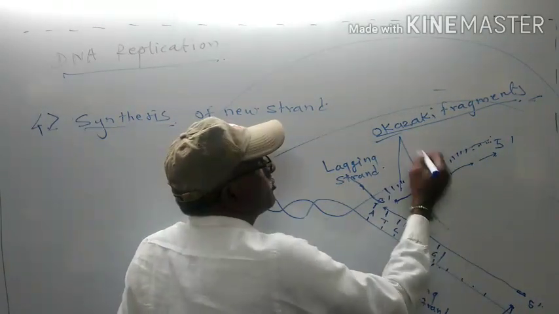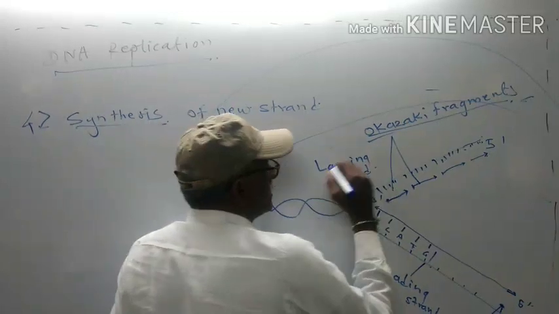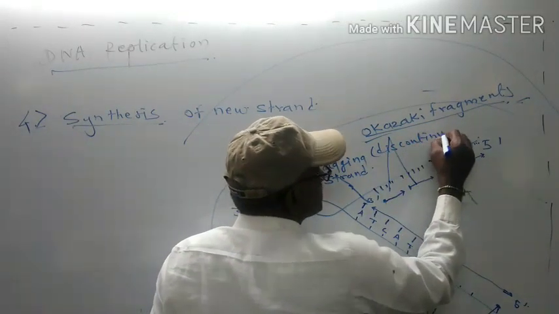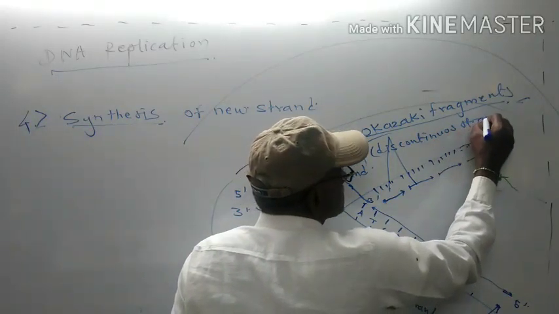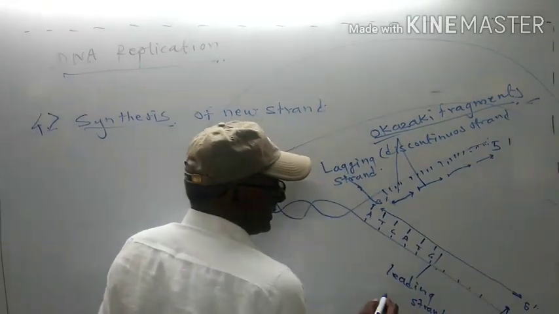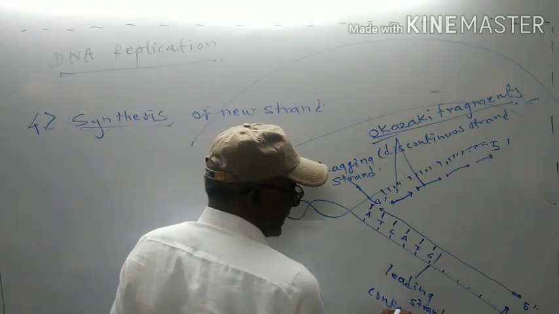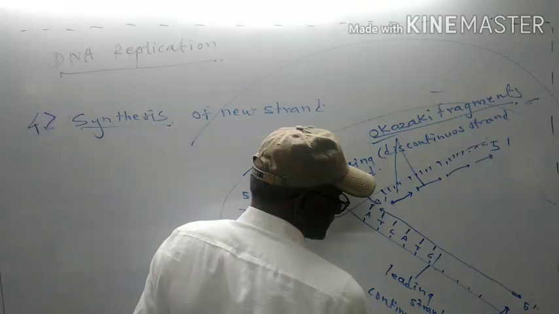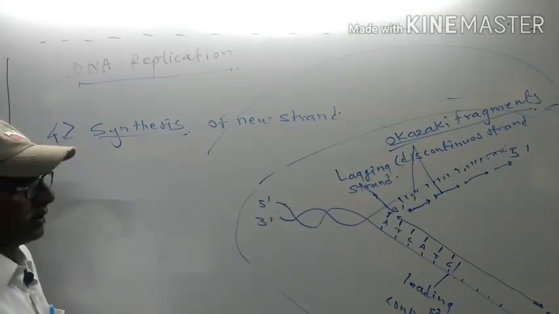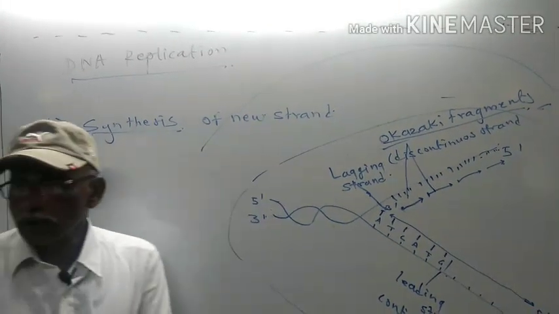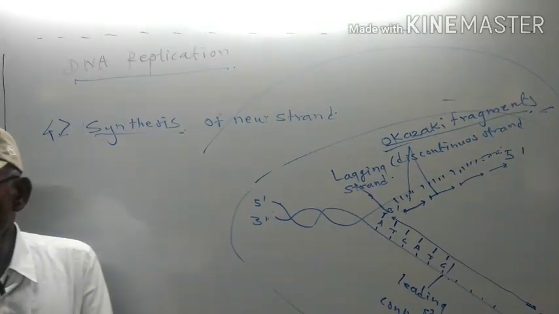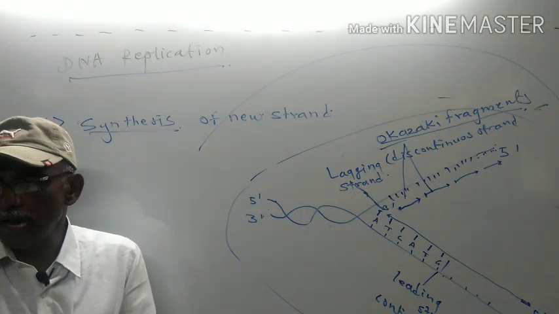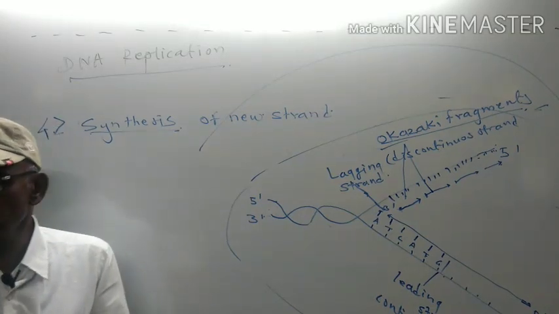This is also called as what? Discontinuous strand. Discontinuous. And this is called as what? Continuous strand. This is called as what? Continuous strand. So, the synthesis of new strand occurs due to the RNA primer which attaches to the 3' end